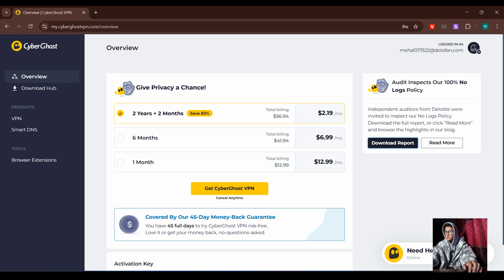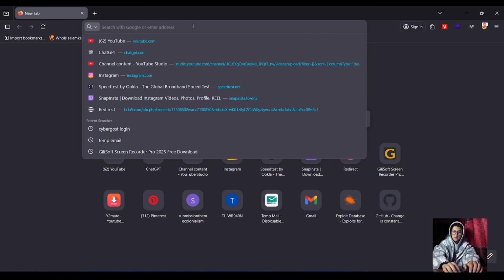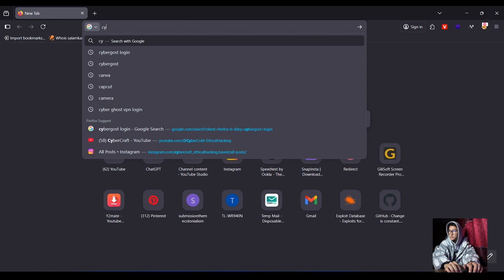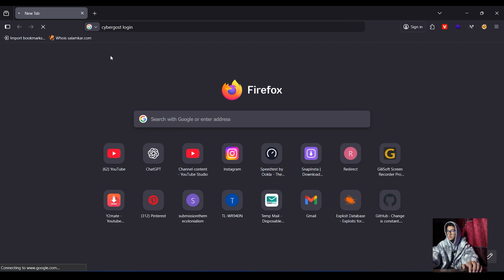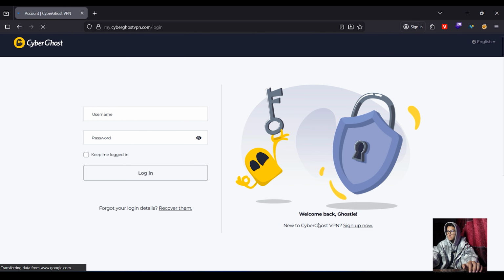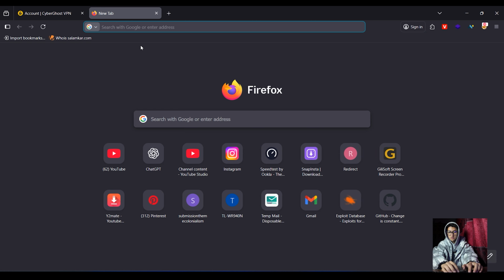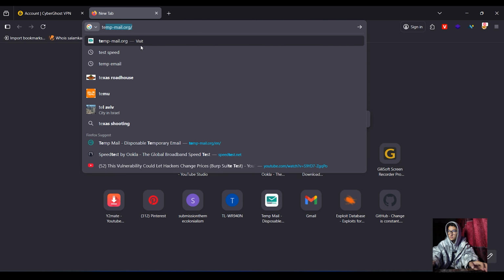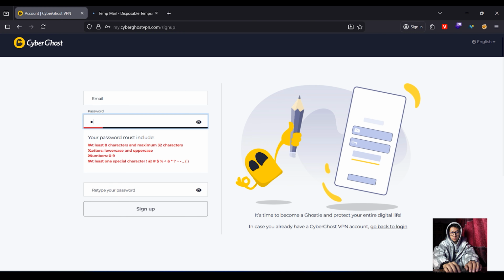And now open a new browser, and also CyberGhost to log in, my account and sign up new, and also tempmail.org. So the password should be